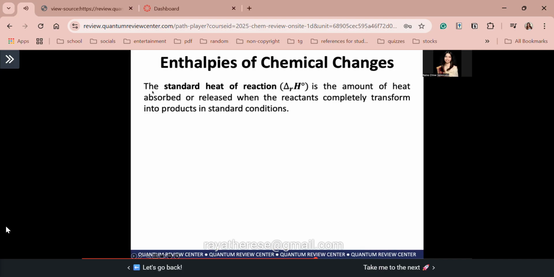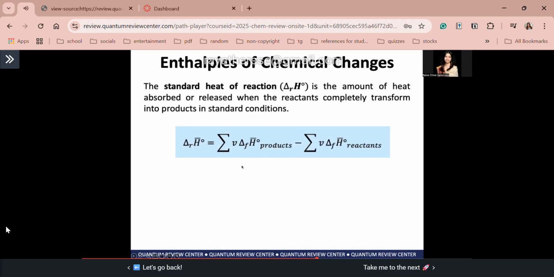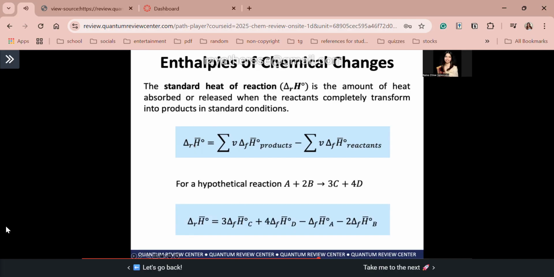Again, the standard heat of reaction is the amount of heat absorbed or released when the reactants completely transform into products in standard conditions. So again, review lang to from earlier. Again, the standard heat of reaction is just the summation of the delta H of products minus the summation of the delta H of reactants. Okay? So for example, we have a hypothetical reaction A plus 2B which forms 3C plus 4D. Okay? Para makuha natin yung standard heat of reaction,